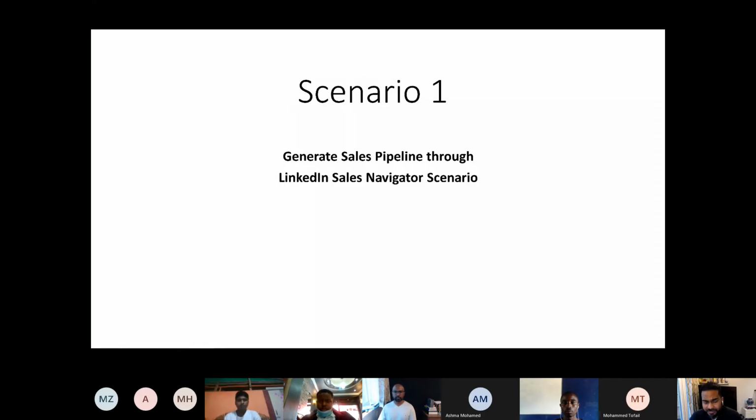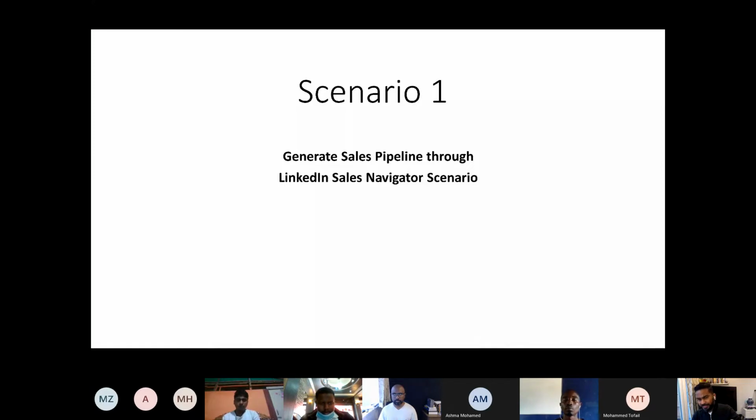But over a period of time, LinkedIn has really become a product for generating sales pipeline, where the owner or a leader of a company can contact a leader of another company, showcasing his products or services in front of them. So this is the scenario that most of our clients now want to do every single day.